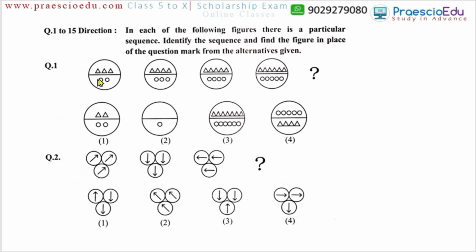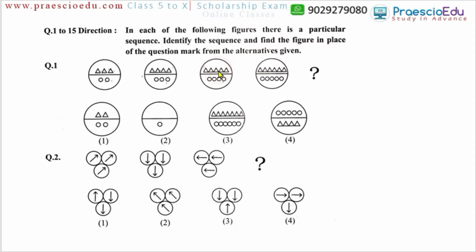So question number 1 is here. Here on half of the circle, horizontally there is one line, and the top half has triangles, and the bottom half has two small circles. Here there are three triangles and two circles. In the next figure, from 3 to 4, one triangle is added, and similarly from 2 to 3 one circle is also added. And in the next one also, again one triangle with a circle is added.